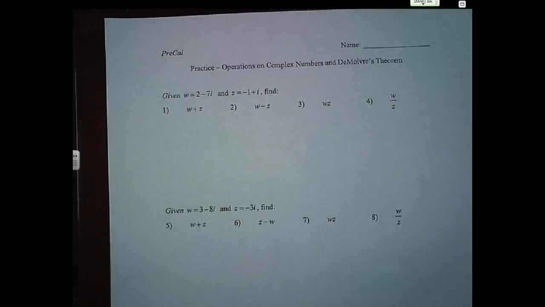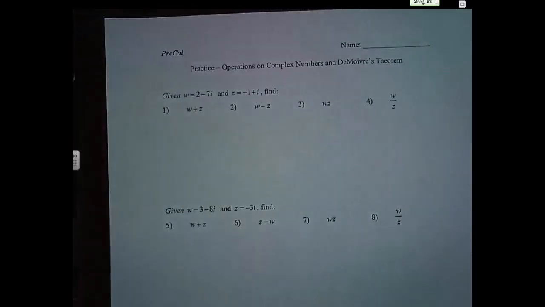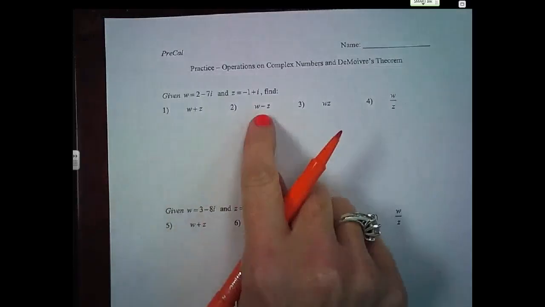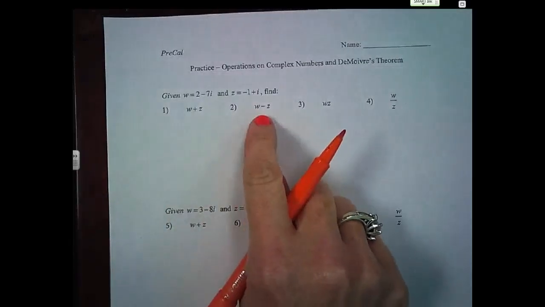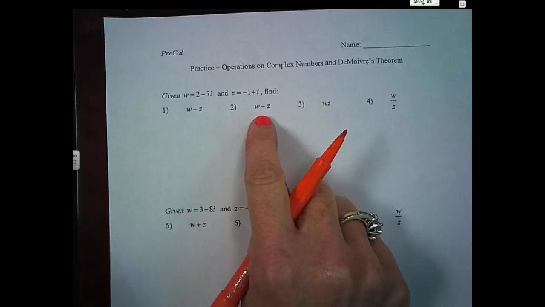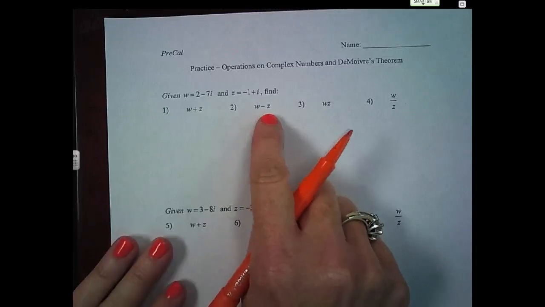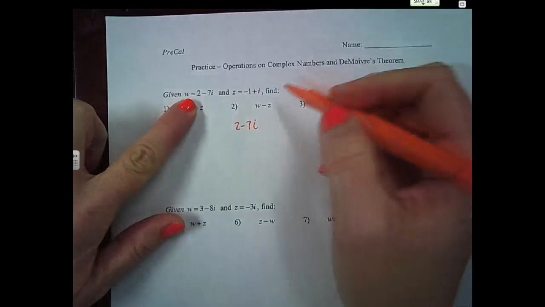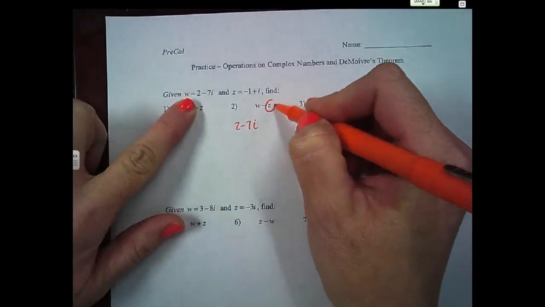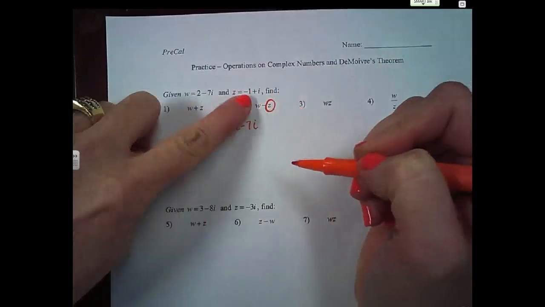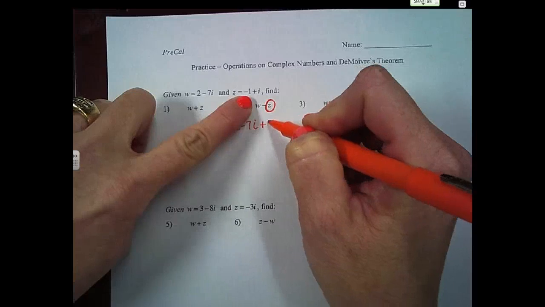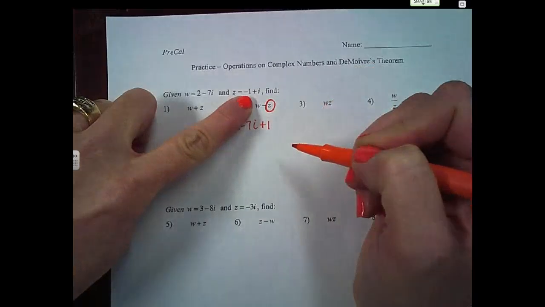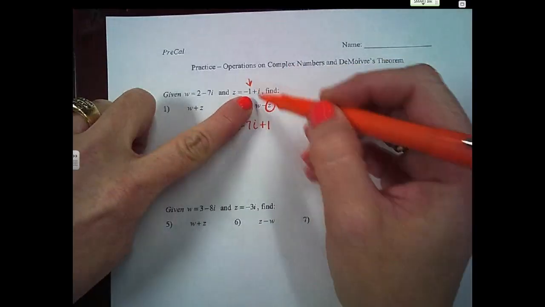At the practice operations on complex numbers in DeMoivre's theorem, first of all, guys, I've seen a lot of kids already miss number 2. It's the subtraction problem, and so it should be kind of easy, but it's just asking you for w minus z. So it wants w, which is 2 minus 7i, but where kids get confused is I want the opposite of all of z. So most of you guys are coming over and writing plus 1, okay, but I want the opposite of a positive 1,